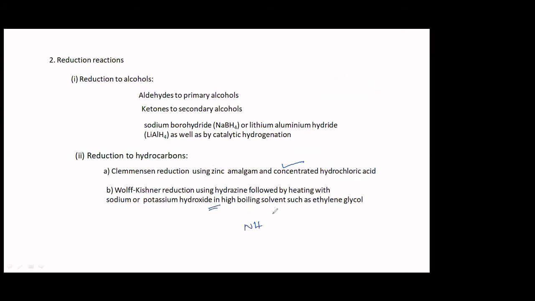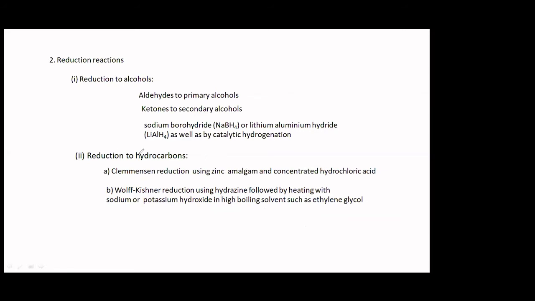NH2NH2, that is the hydrazine, that is a reagent. Sodium or potassium hydroxide, correct? You have got NH2 minus, OH minus as the nucleophiles which are there. So these are very strong nucleophiles. If there is any nucleophile which can be substituted in the carbonyl compound, these will substitute. So that is the reason in that case you will have to use acid medium. We have got questions based on this. There also you will understand that. Okay.